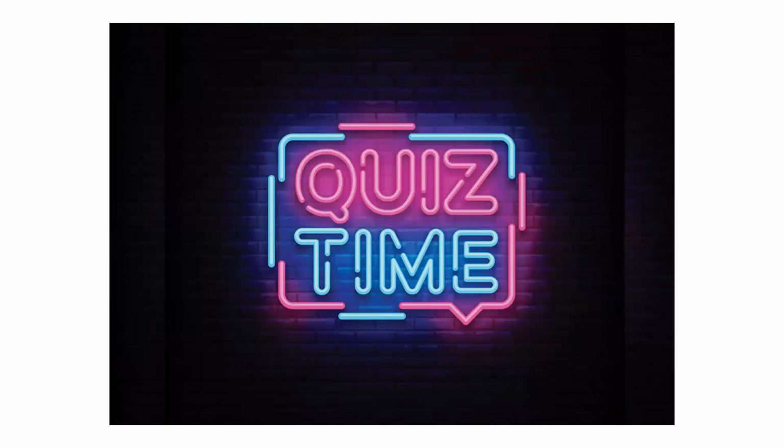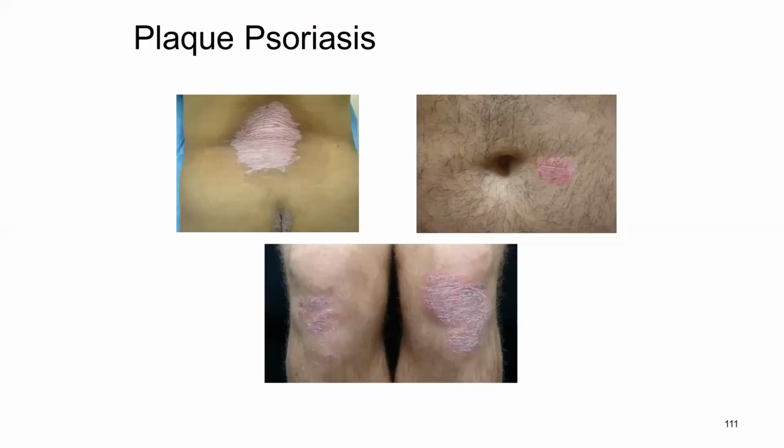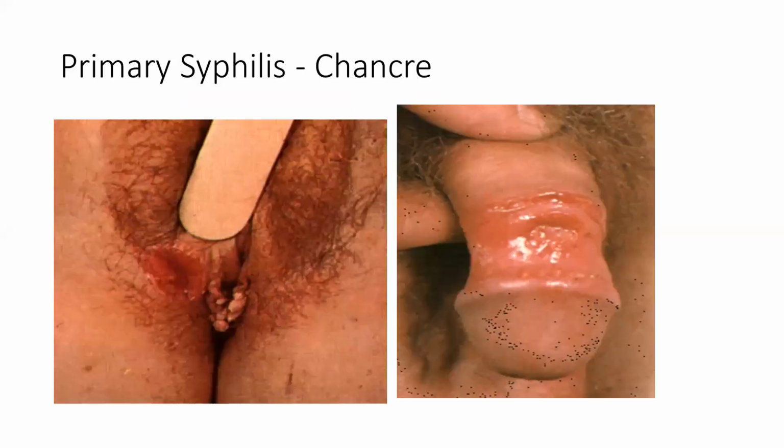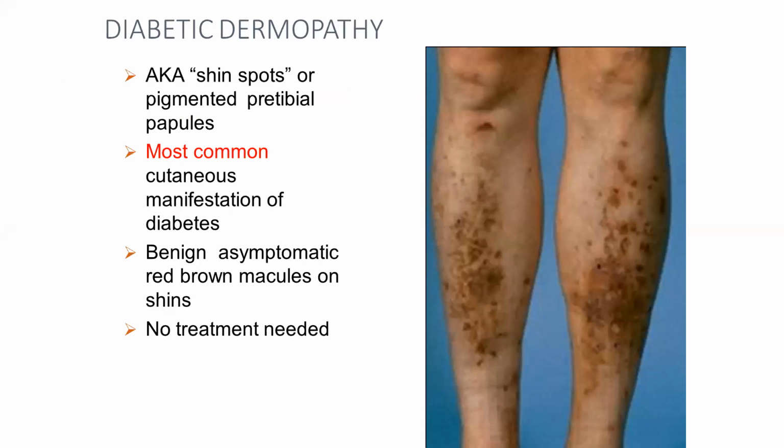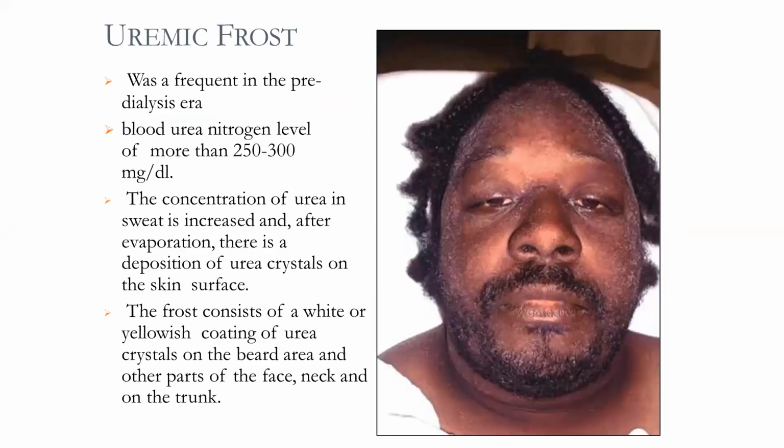Now there's a small quiz time showing some of the pictures that you have seen. This is plaque psoriasis, right? Primary syphilis. These are the lesions. Diabetic dermopathy, you can judge yourself what it is. Uremic frost,